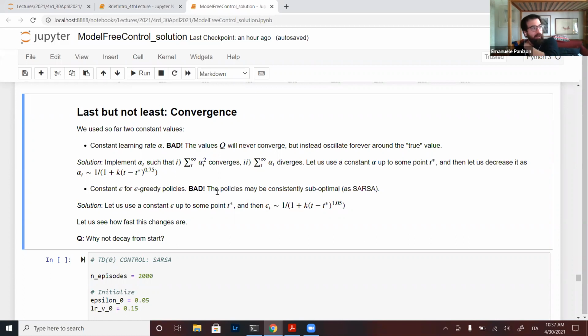One other, which Antonio was referring to, and which is more interesting, is that you can take count of every time you have visited the state action pair. In this case it would be feasible, because when I do the episode I just enter a new count array of dimension state space times action space, which is rather small, 4, 12, 4 again. Then I add +1 every time I visit that particular couple SA, so I have a number which indicates how often I visited that particular state action couple.